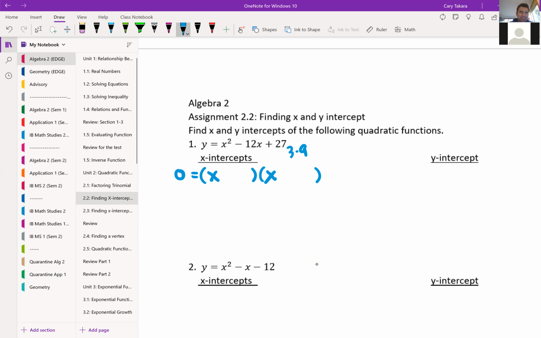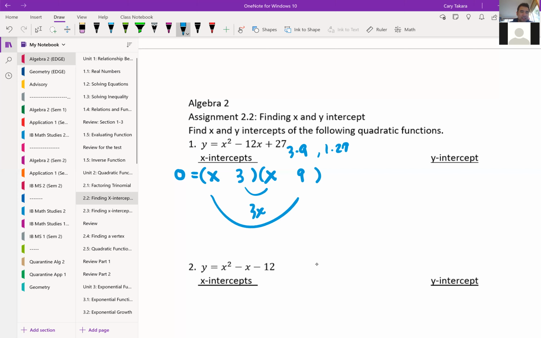And then you know that 3 and 9 will make negative 12, can you? Right? I mean, there are other options. I guess that's it, right? 3 times 9 and 1 times 27. But definitely we should try 3 and 9 because that's